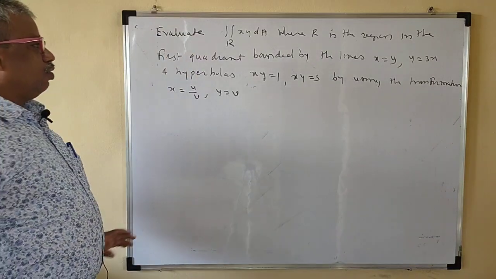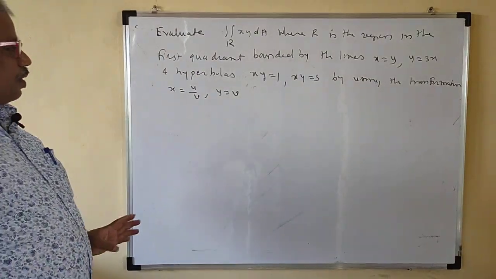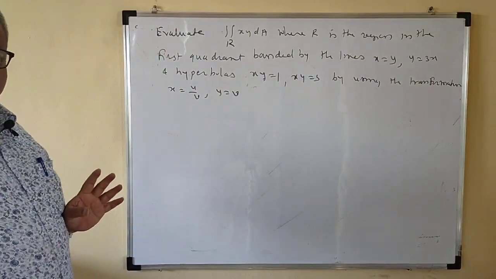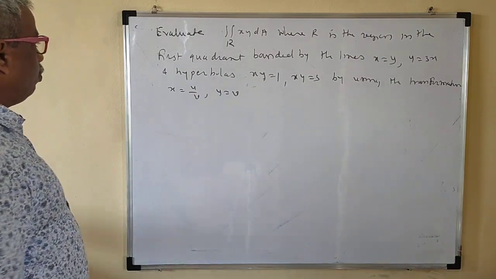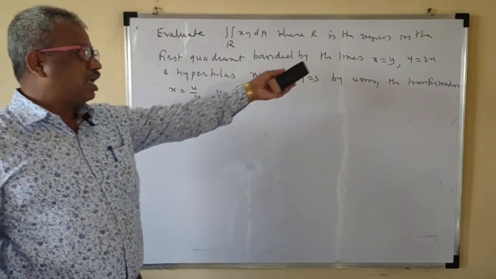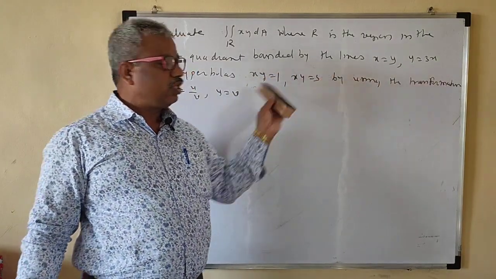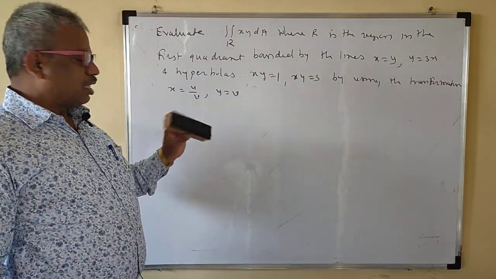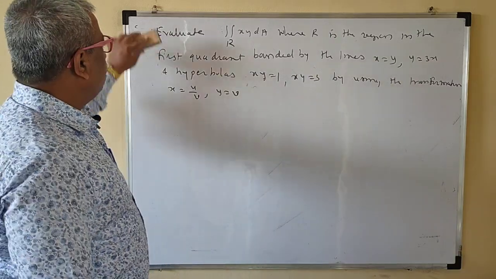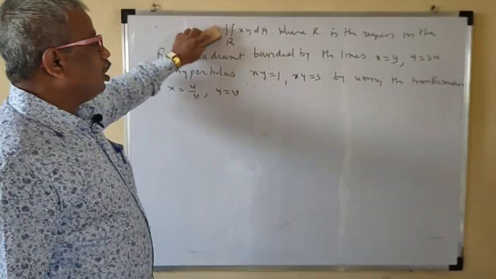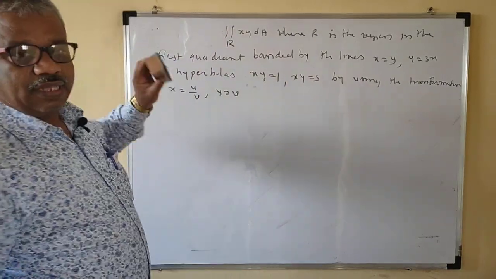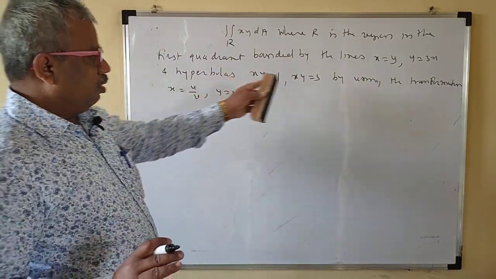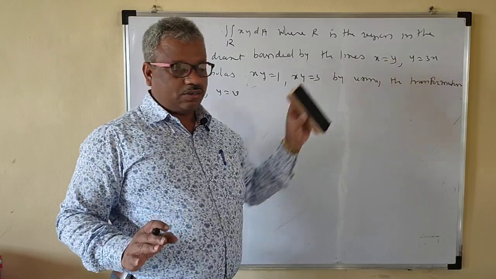Okay, so this problem looks complicated, but it is not complicated, note that. We have already been given the regions, these 4 curves are already provided to you, and the transformation is also provided to you. So this is very easy. No need to find the equation of any line or anything. All the boundary curves are already given.